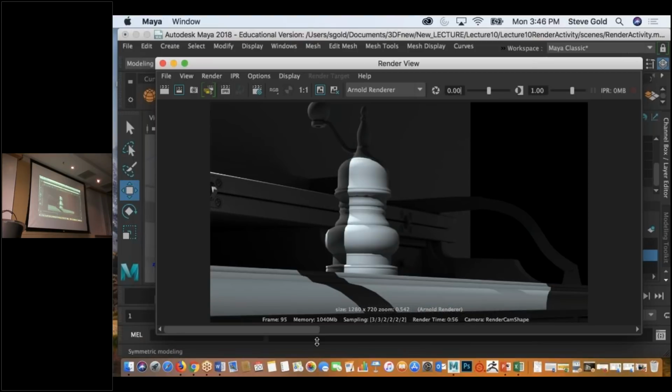Does that make sense? And you can start to see that it looks like it's moving. It's just because it's two images with an object in a different position. I perceive motion, not really moving. Does that make sense? Okay, so that little hang on to it button is great because you can make adjustments